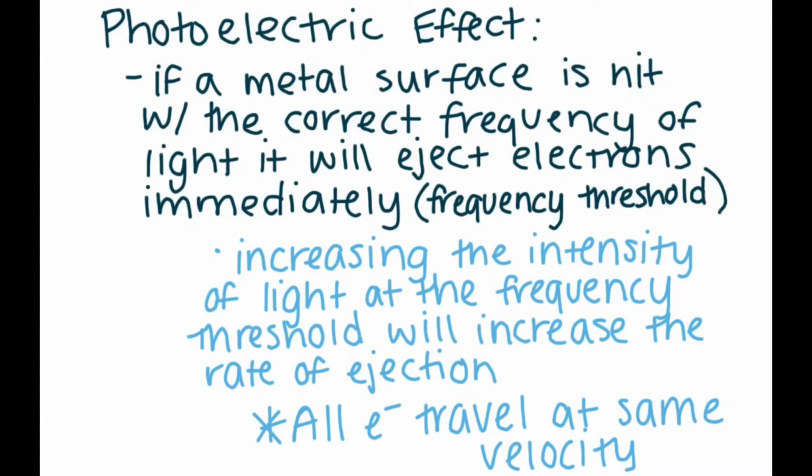The photoelectric effect states that if a metal surface is hit with the correct frequency of a light, it will eject electrons immediately. And what it means by correct frequency is that every metal has a frequency threshold, which is a specific frequency at which it will eject electrons. What's important here is that a metal will not eject electrons until the frequency threshold is met, even if it's exposed to a frequency